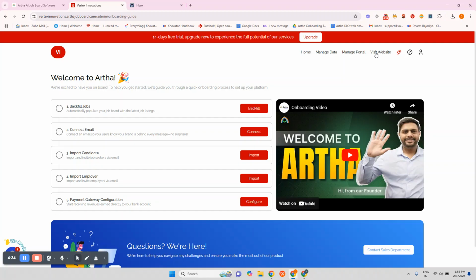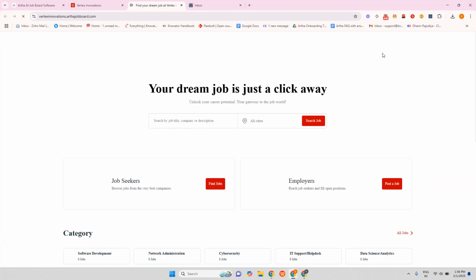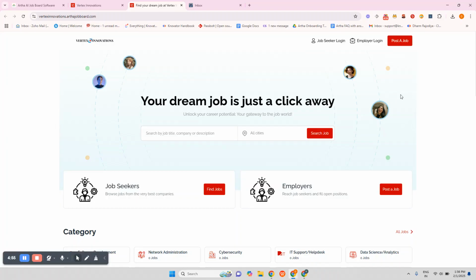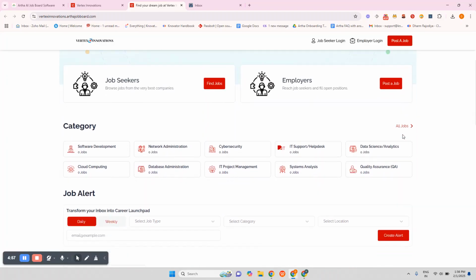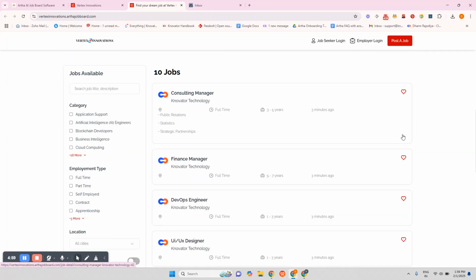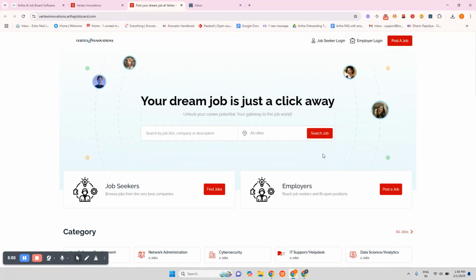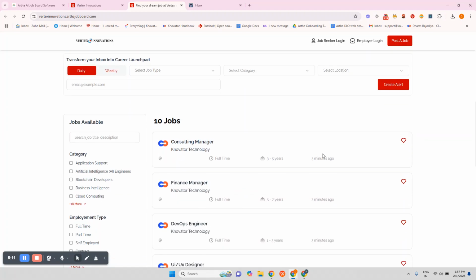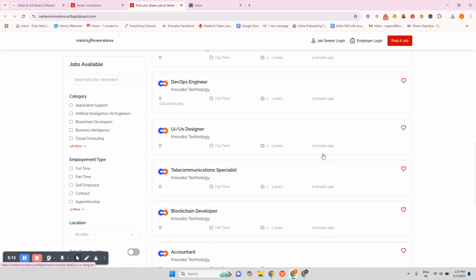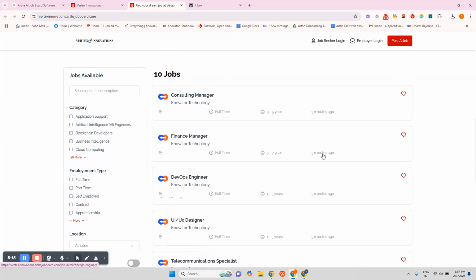Now let's see how the front page will look, because this is the admin panel. We will just see how the home page looks. As you can see, this will be the home page. You can make a lot of changes in this. You can remove the images which are already given. You can add new posts as well. You can customize the whole page according to your need.